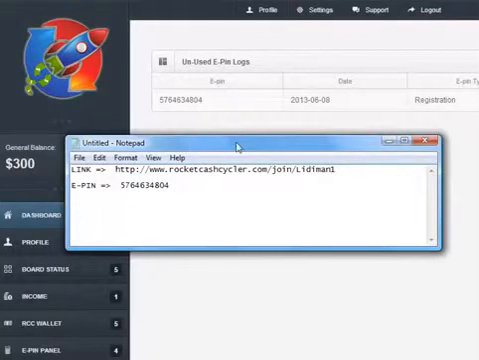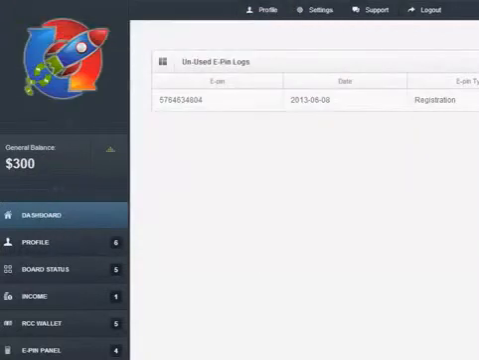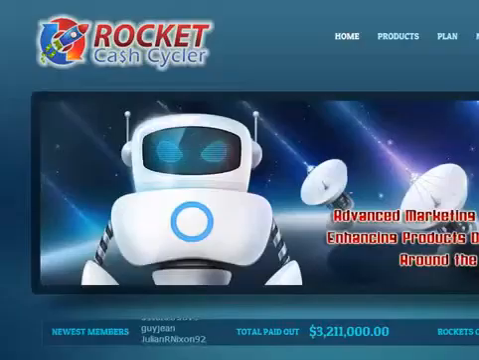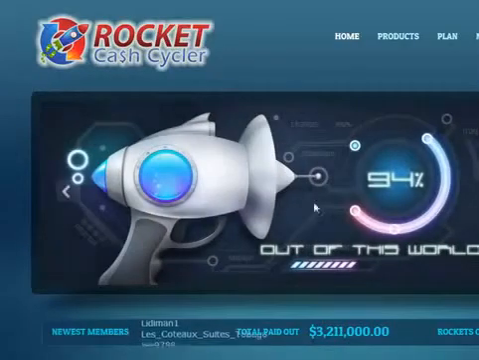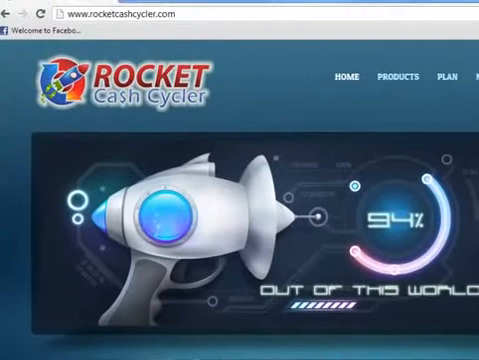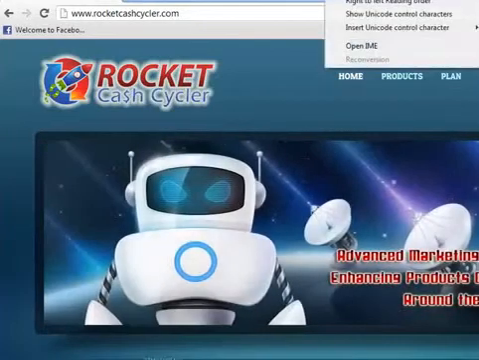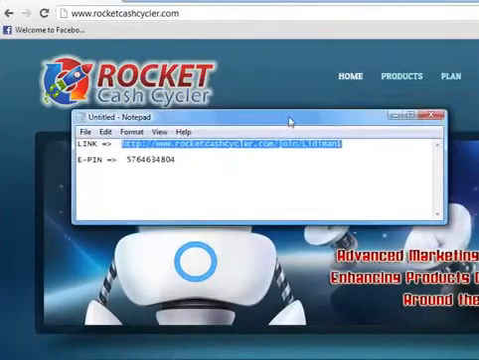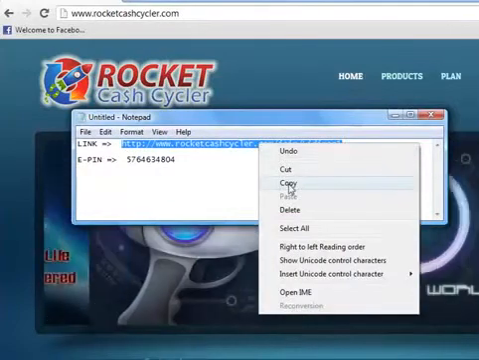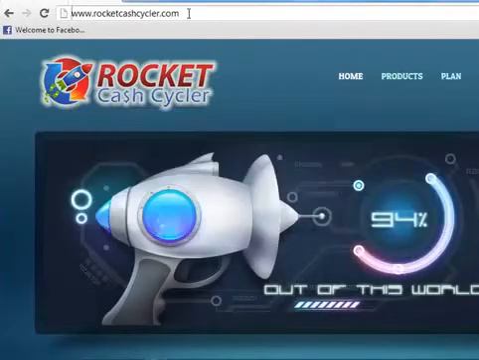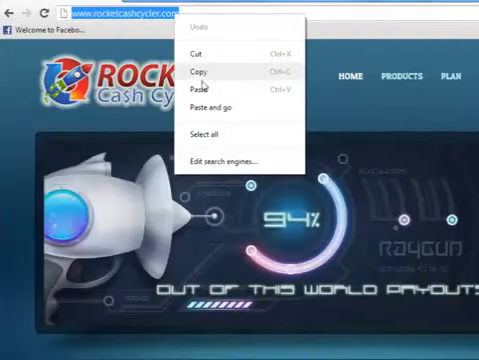So we're now going to go and use this ePIN. So I'll move that out of the way. Now the first thing we need to do is log out completely, so I'll click log out. Okay, so we've logged out, we've come to the main site, and as you can see it just says Rocket Cash Cycler. Now I need to use this link almost as though I am starting or joining all over again. So paste that in,